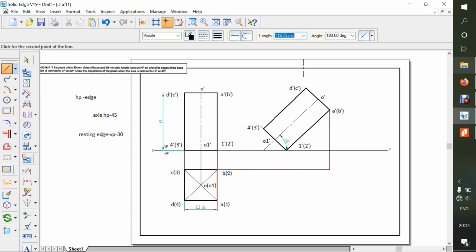Click on that and come to the point B. We want A here, so again click on the endpoint. Same length: press tab, it will ask for the angle, say minus 90 degrees, and come to the point A. Again there will be a dotted line, that is the alignment indicator. Click and click.